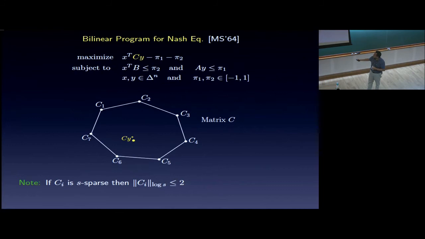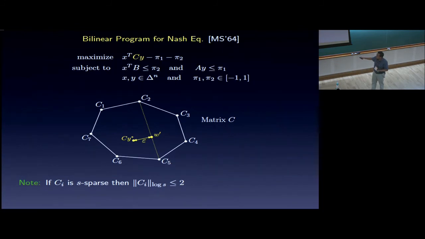This essentially means that modulo this constant, all these columns are vectors that lie on or inside the log S-th unit ball. So I am working with the log S-th norm here. It's very useful to have the approximate version of Caratheodory for general norms, not just the Euclidean. So with this scaling in hand, I have a very good idea, which is, I don't know where this Cy